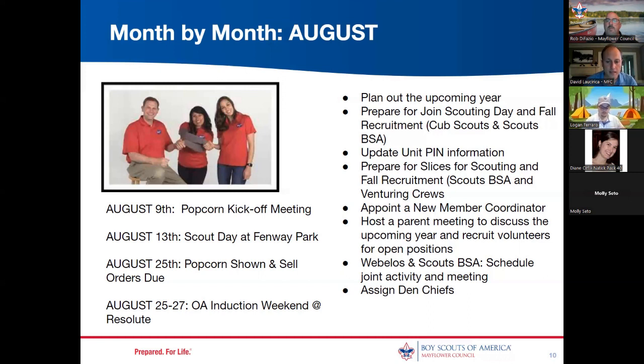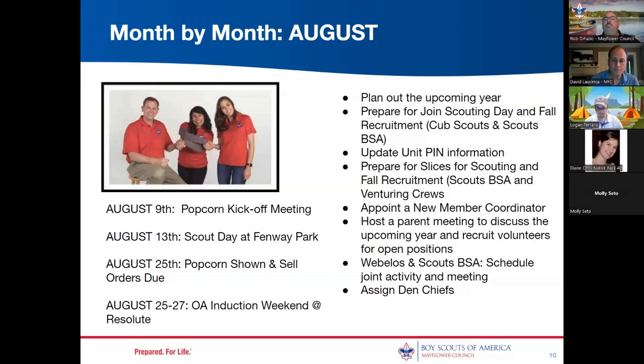And to that point, for those of you that do not have den chiefs, I highly recommend that. If you don't know what a den chief is, it's a leadership position at the troop level. They go and help out den leaders within your pack and act almost like a peer leader. They're usually a big help. They'll help run the meeting, sometimes help come up with ideas, or help teach. And obviously, having a younger Scout look up to an older Scout, they sometimes will listen to them even more than they'll listen to us. But at a minimum, try to get a den chief at the Webelos level.